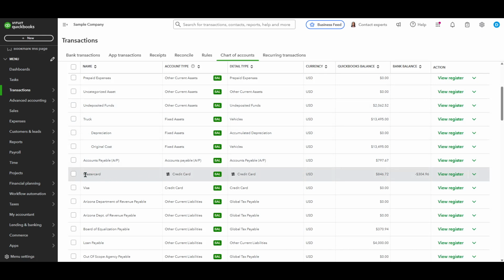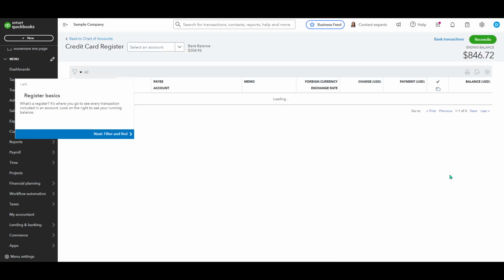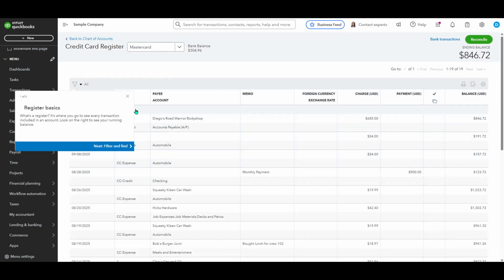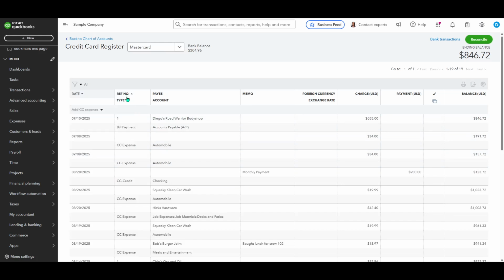Next up, it's time to locate the specific credit card account that contains the duplicate payment you wish to address. Identify this account in your chart of accounts, and once you've found it, click on the View Register option. This lets you access the register of transactions associated with this credit card account, almost like flipping through a digital